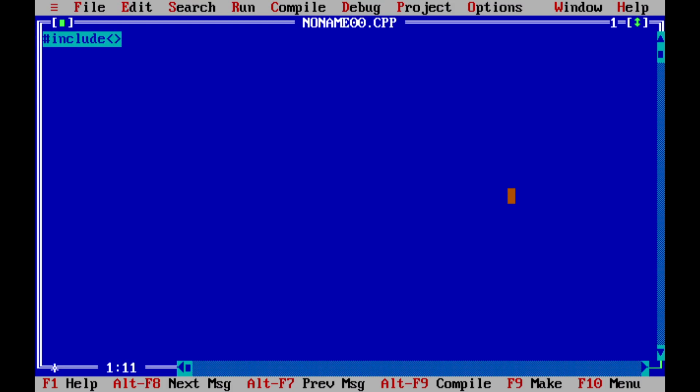Include stdio.h, and then I'm writing void main, and then printf hello world. That's all. The program is not important.